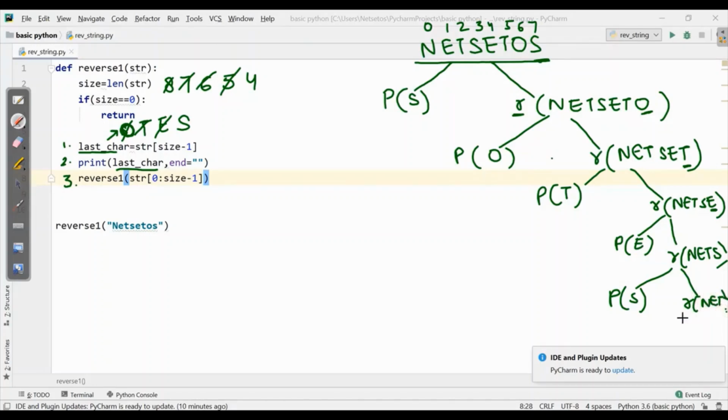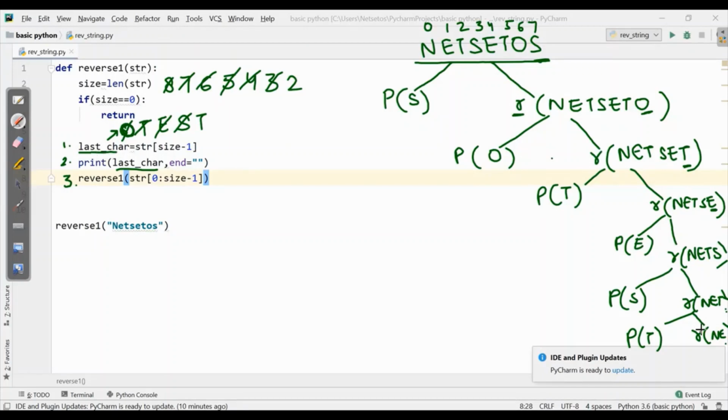Then again it will go, size will reduce to 3. 3 is equal to 0? No. Then again last character will come T. Print T. Then again reverse will be NE. Again size will go to 2. 2 is not equal to 0. It will go further.